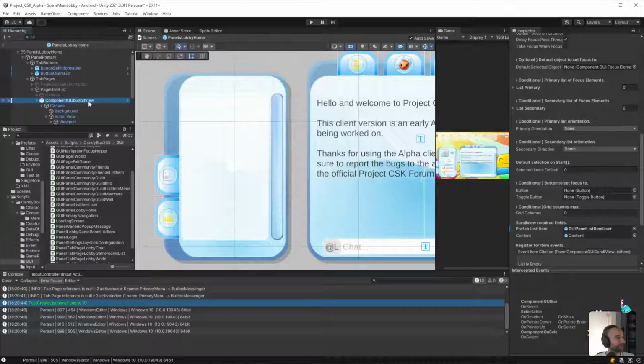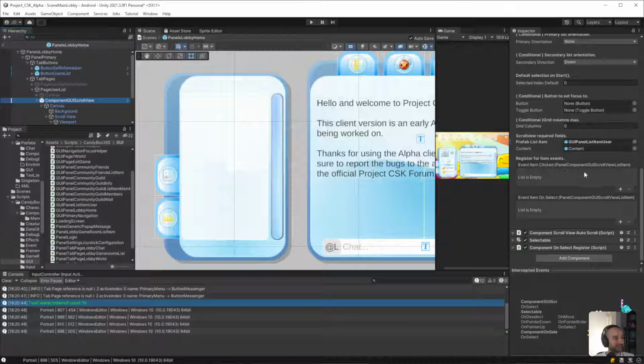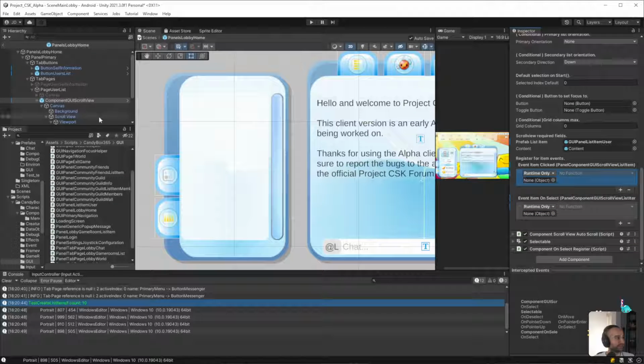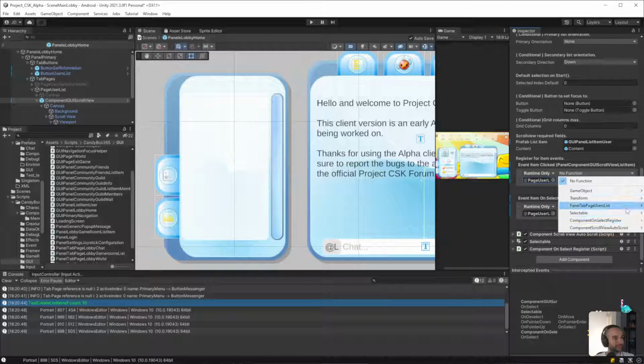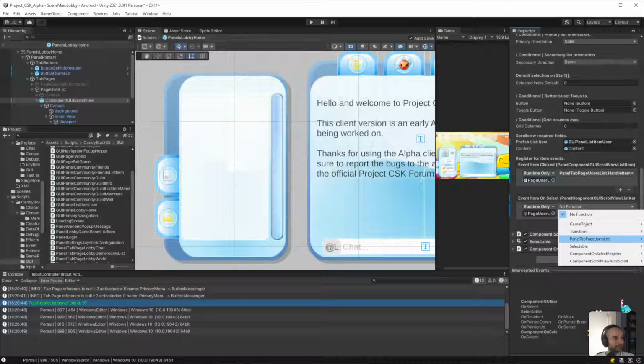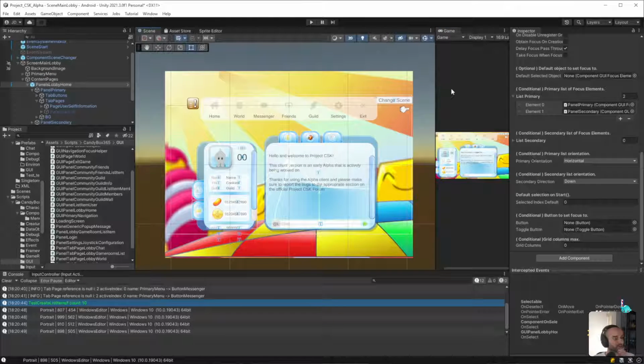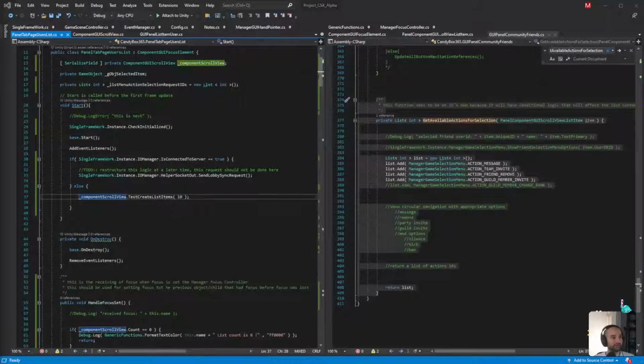Okay, so I need to link up. What do I need to link? I need to link this and this. They both need to go back to this, I believe. And then we'll go into here, and this one is the on click. Yes, that one is the on clicked, and this one is the on select. Okay, so with that should work, but I still need to set the navigation.